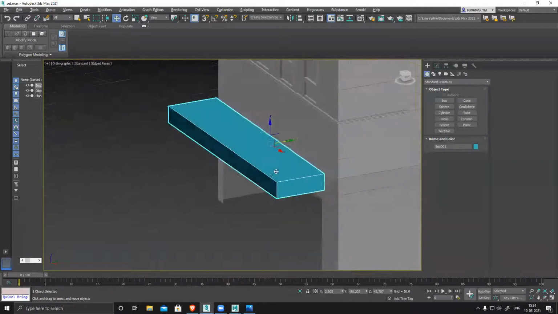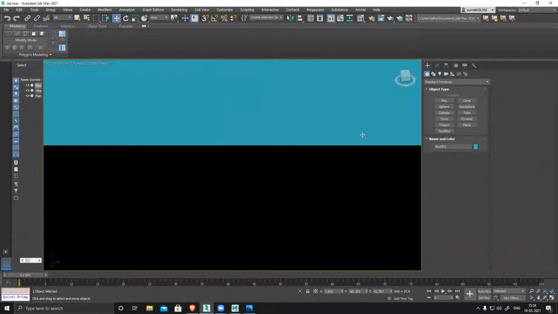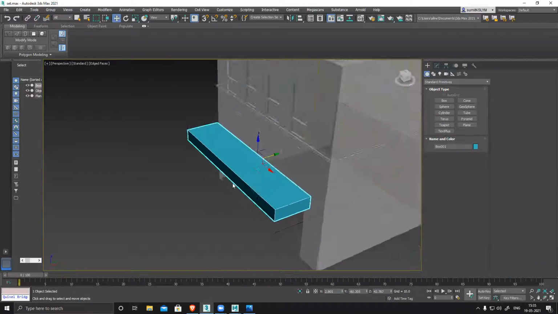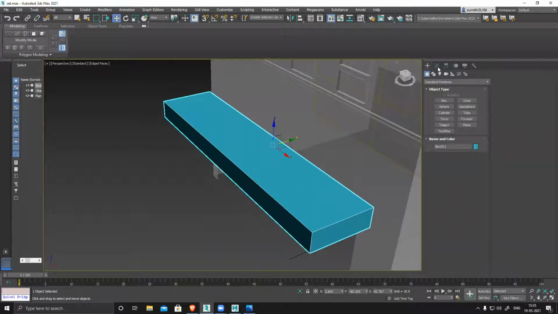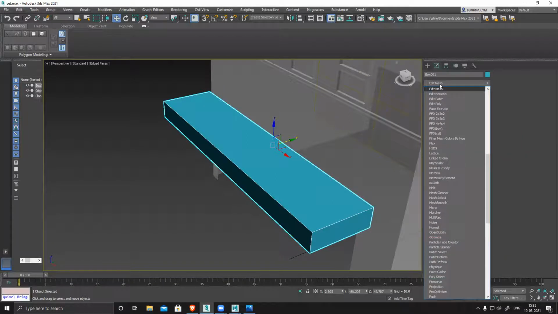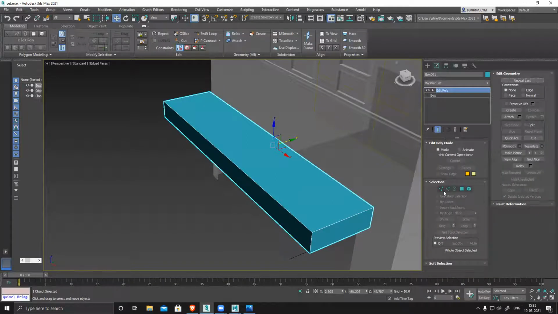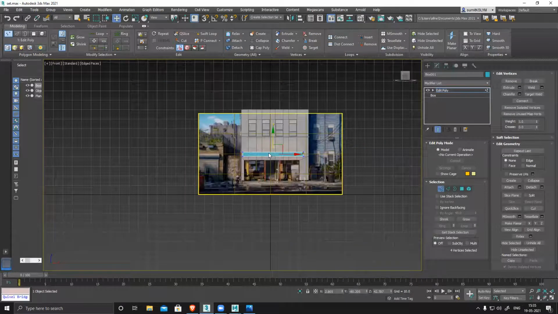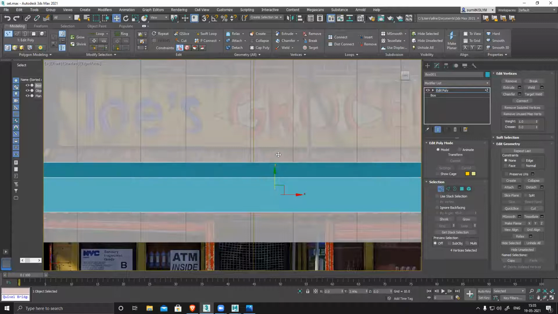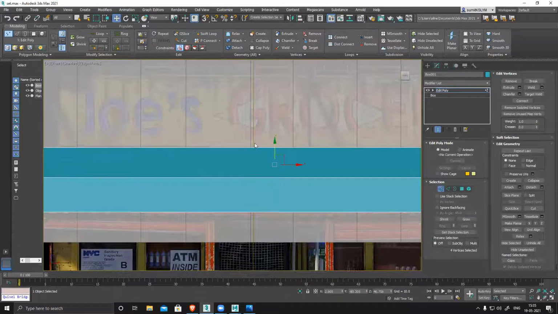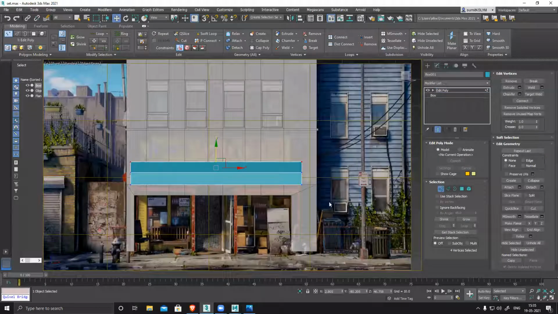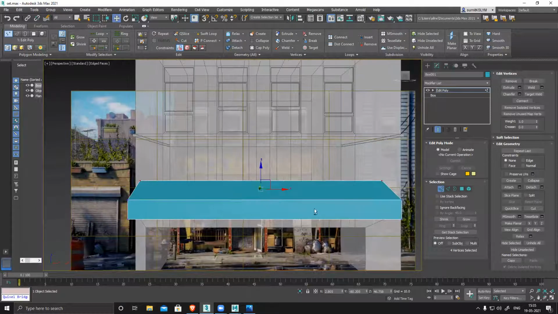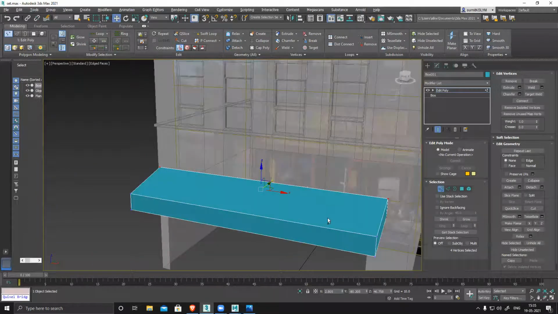So for that angle, what I have to do is perspective, and because I don't have another view, I have to identify this thing and use my own imagination. Based on that, I'll create this section. Front, move it back. So it's an orthographic view. If you go to perspective, you can see you'll get this angle very easily.